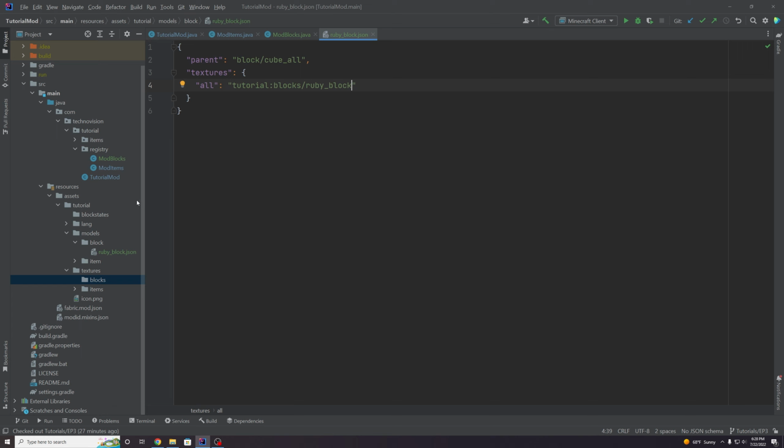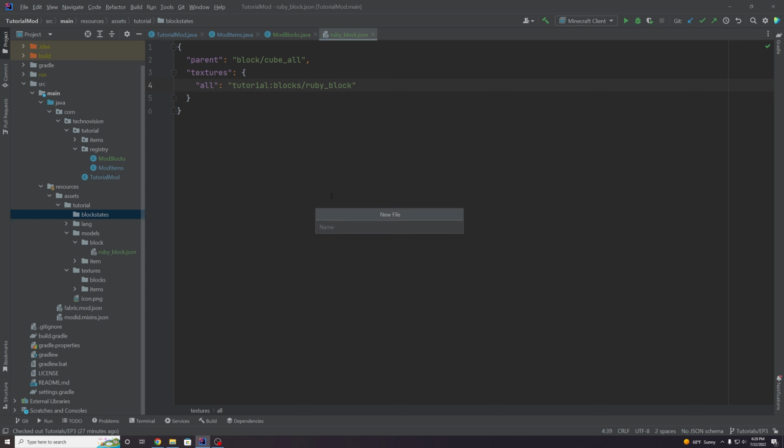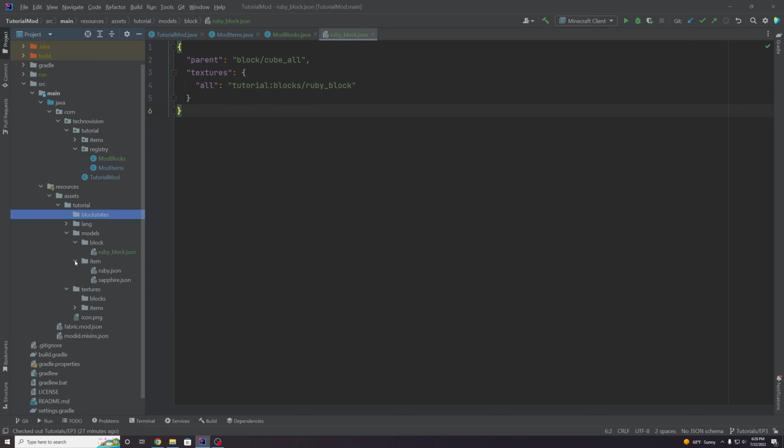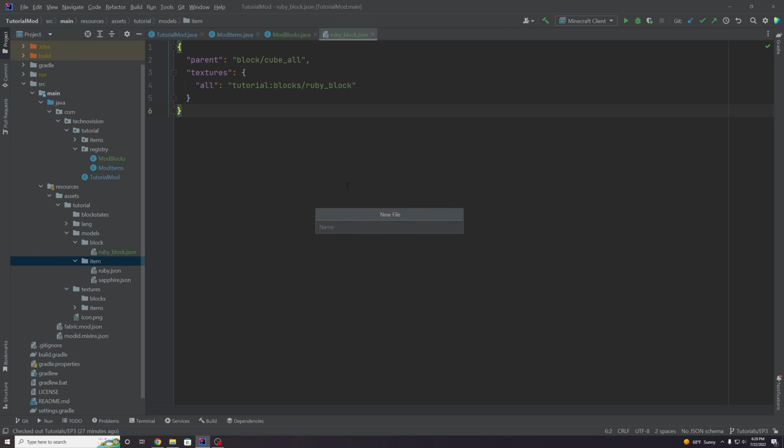The next thing we need is a block state. So we want to right click here on block states and create a new file. And we're gonna call this, well actually, you know what? Let's do the item first, because we're on models anyway. So actually go over to models and go to item, and we actually need to make, what is it, I'm blanking, a model for our item, our block item. So right click, new, file, and we're gonna call this the same thing,